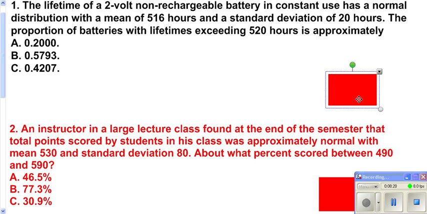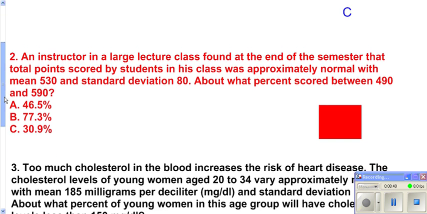Okay, the answer for the first one is C. Remember, since you're looking for greater than, exceeding, you've got to go 1 minus what you got from your table. You do your z-score with these values, look on your table, go 1 minus. For this next one here, as we look at it,